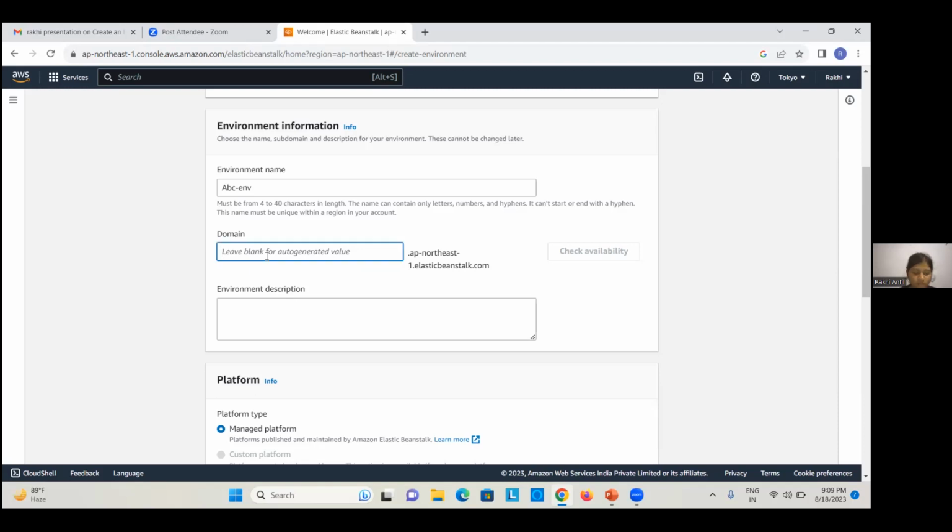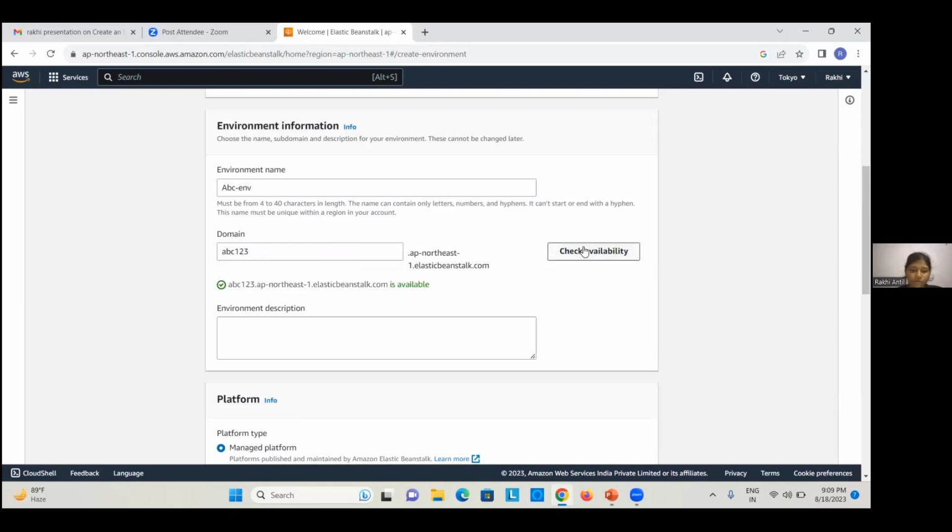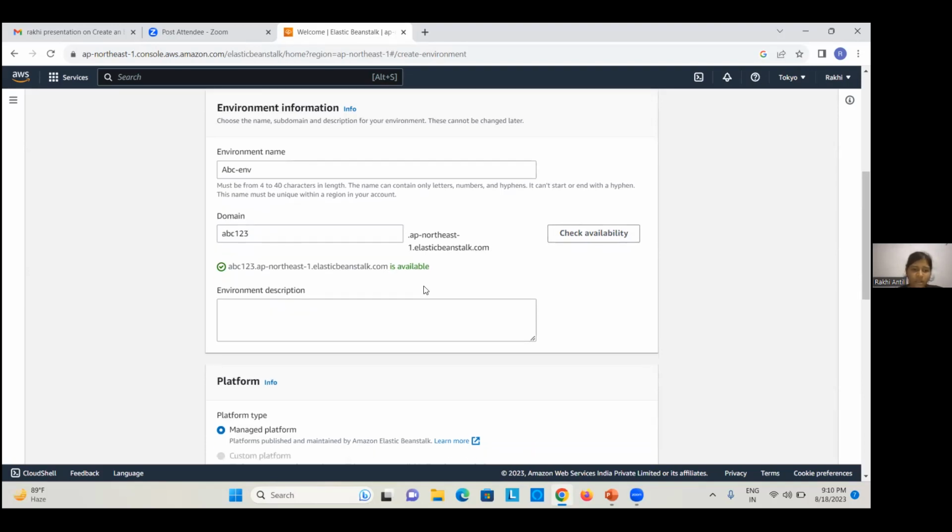Next is domain. Give a domain name, ABC123. Let's check the availability of the domain. So it is available. If it is not available, then give another domain name. Then environment description.